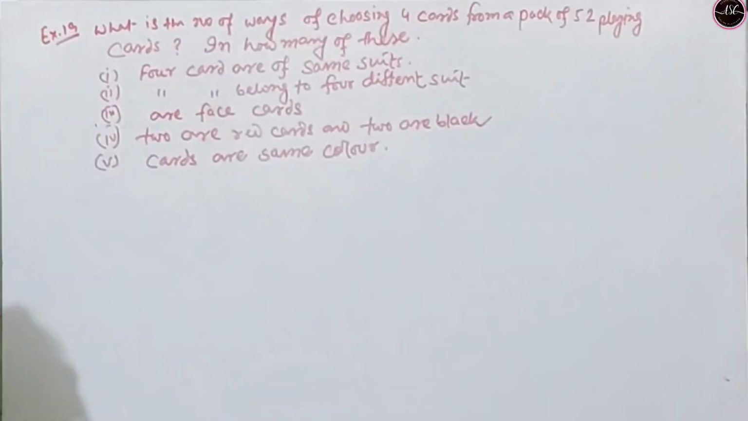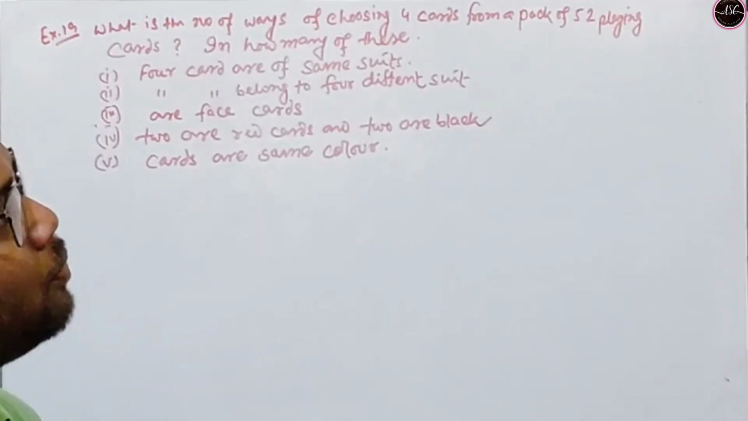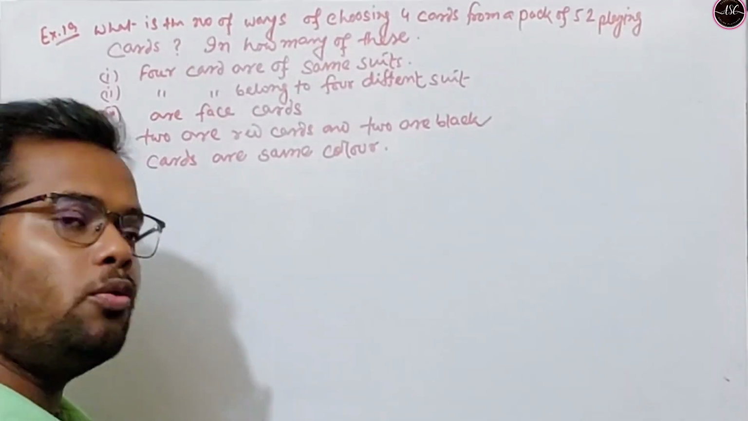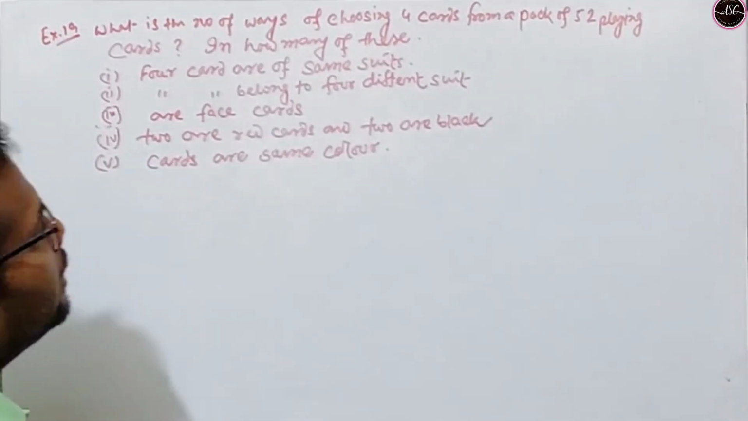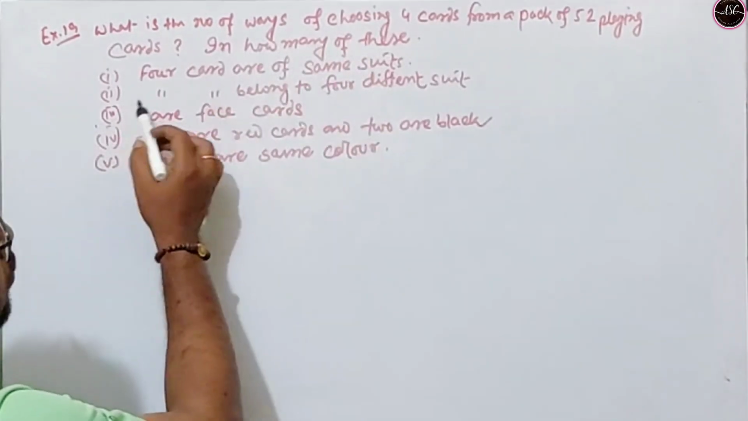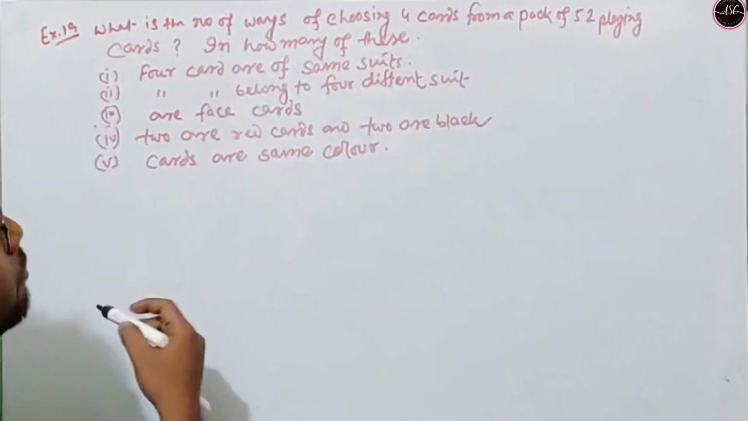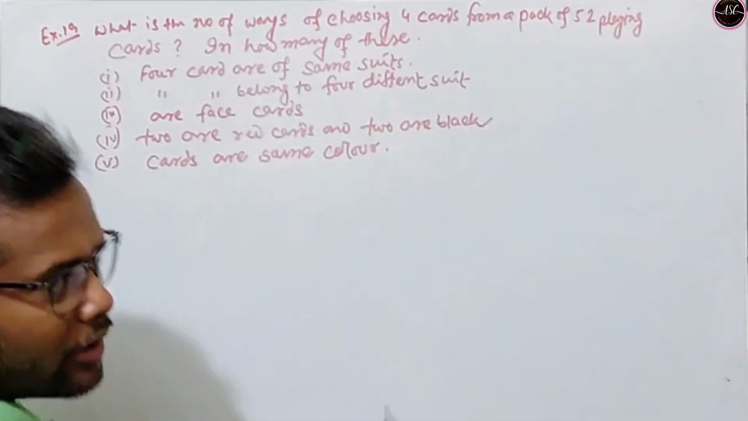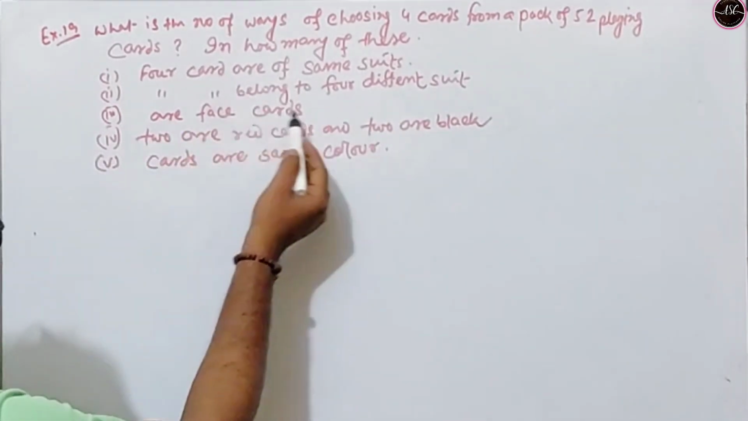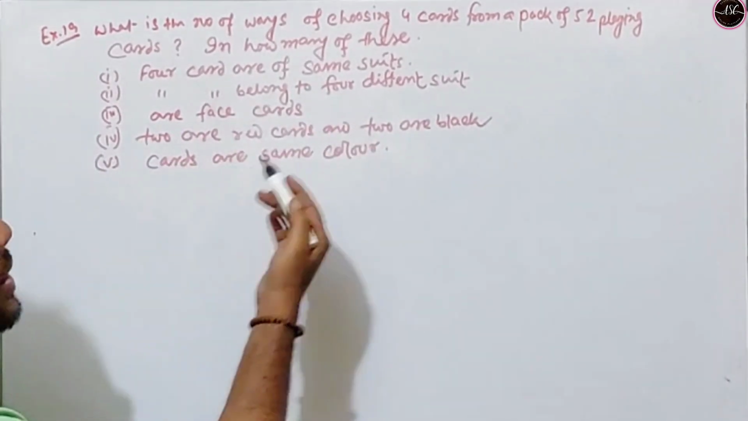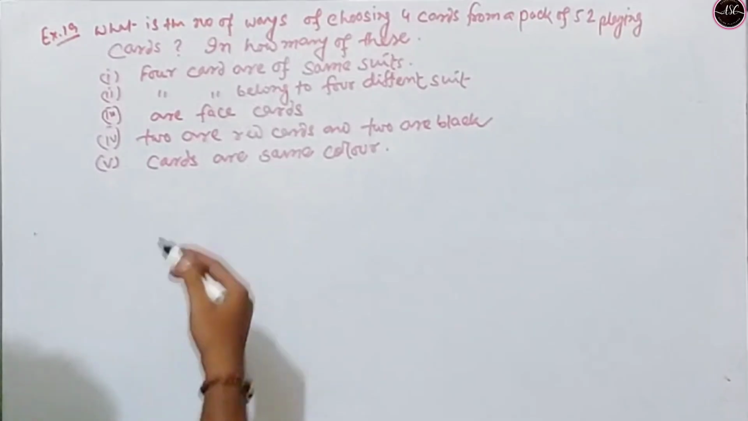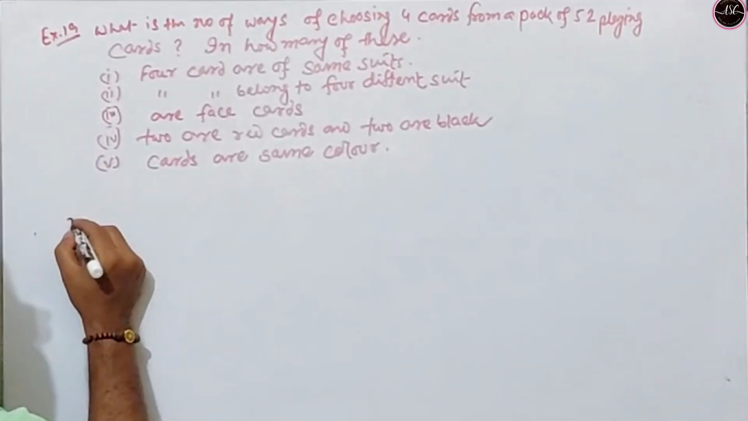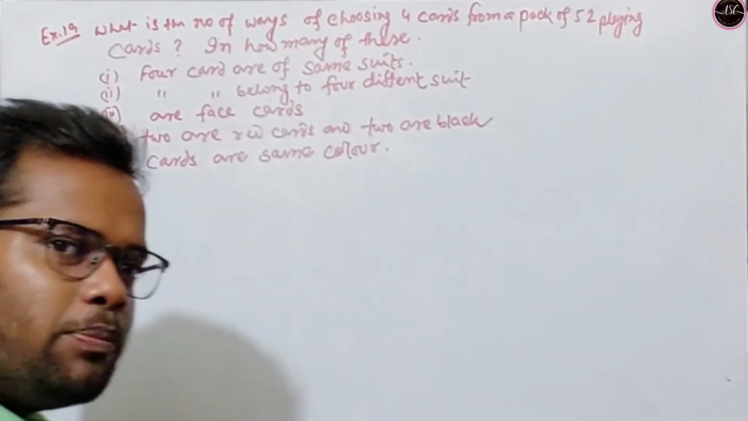Then look at this question. What is the number of ways of choosing 4 cards from a pack of 52 playing cards? In how many of these: 1, 4 cards are of the same suit; 2, 4 cards belong to 4 different suits; 3, 4 cards are face cards; 4, 2 cards are red cards and 2 cards are black cards; 5, cards are of the same color. Okay, so first we know that in 52 playing cards